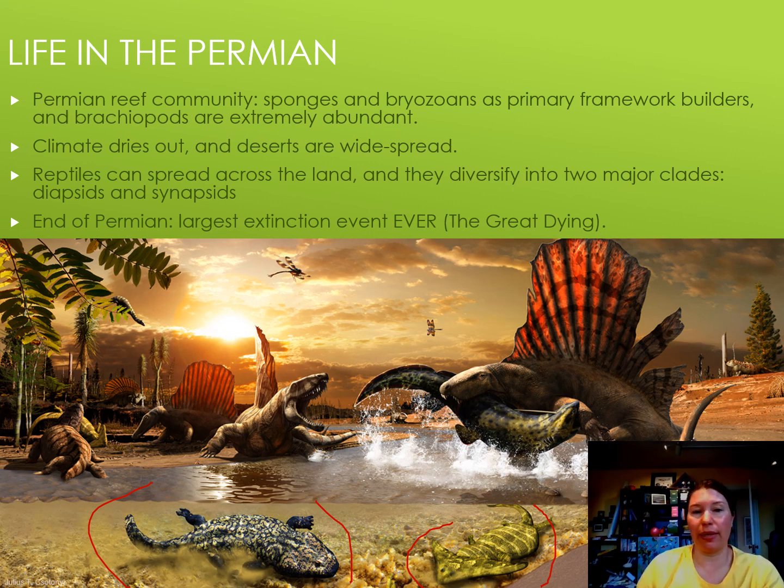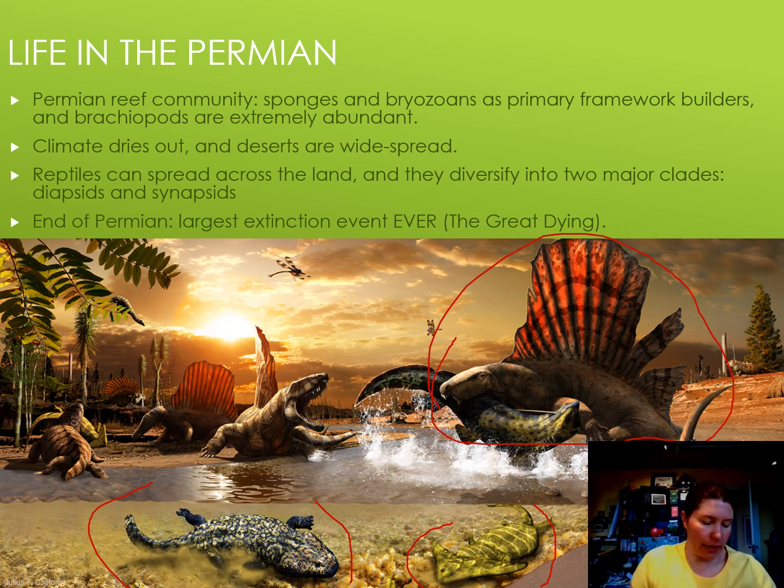And so it's dry. We have the West Texas Permian Basin, which is full of fossils of this reptile, not a dinosaur. We're not close to dinosaurs yet. We have reptiles, but this is actually a type of reptile called a pelycosaur, and this is more closely related to our mammal ancestors than it is to a dinosaur. So yeah, a kind of reptile, nothing like a dinosaur. And these go extinct at the end of the Permian, so they never even witnessed dinosaurs. They never lived at the same time as dinosaurs.